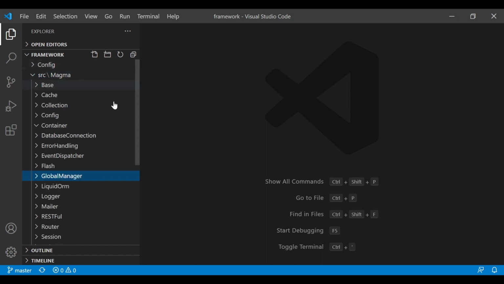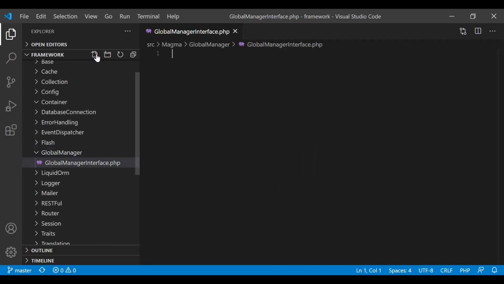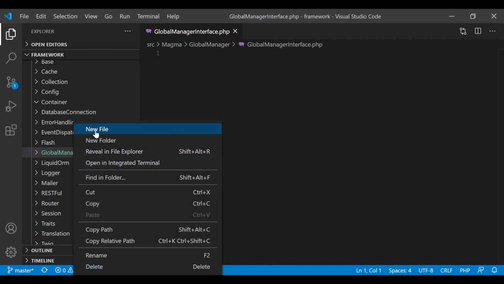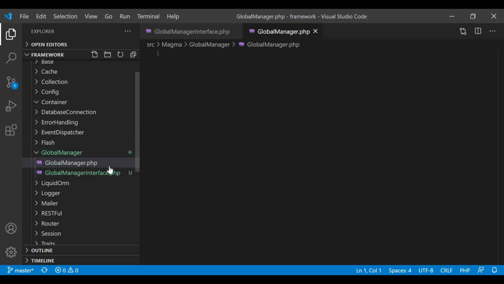Yep. Within that, I'm going to create a couple of files. I'm going to call it Global Manager interface.php and global manager.php. And like what we've been doing before with designing by interface, so you should know the